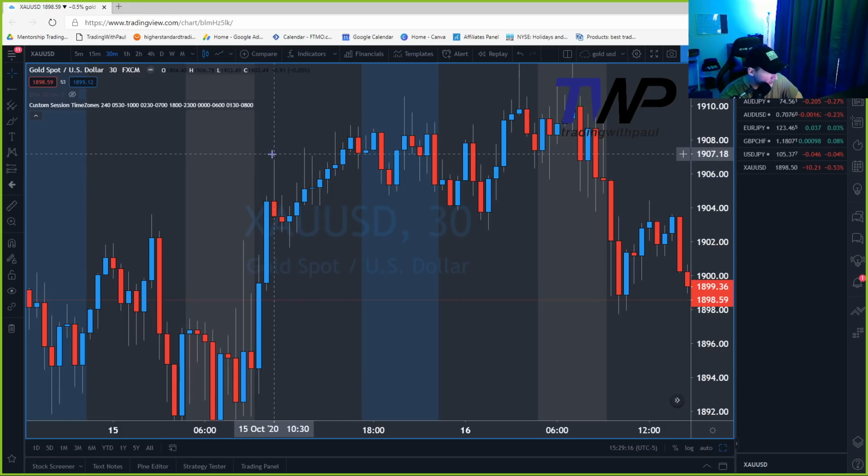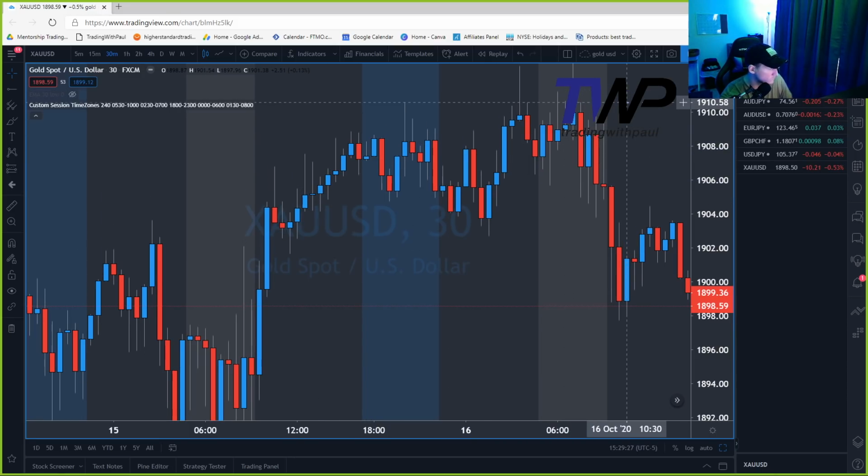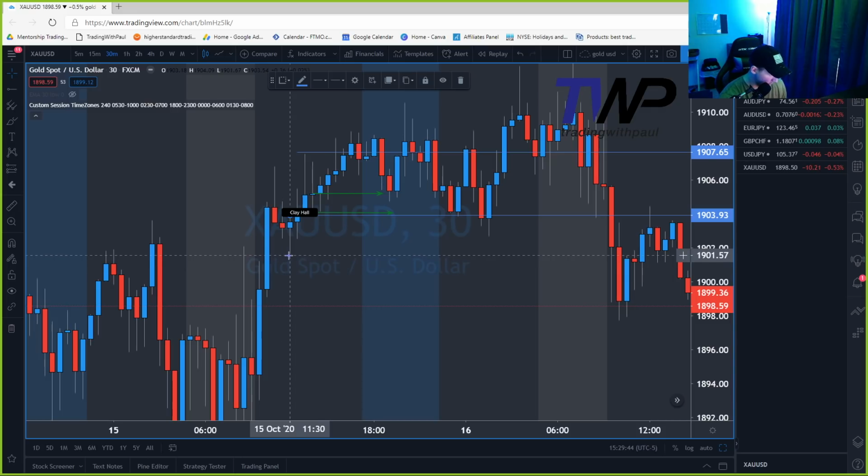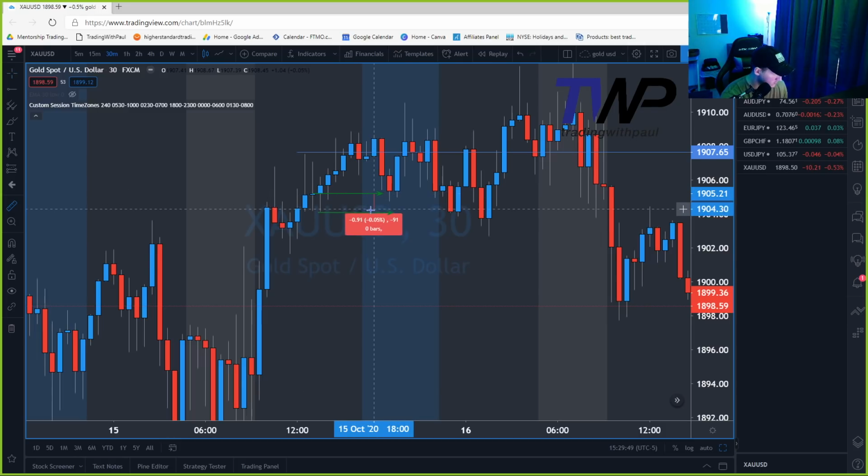So we have these two rejecting the top. Ideally we'd be jumping in on sells on the close, and then we get this candle closing with the wick longer to the bottom than the top. So this would be our entry, right about here. And then there's where you're getting a rejection. Between these two green arrows, what's the price difference? 1906 to 1904. So you're $2 in profit. About $1.